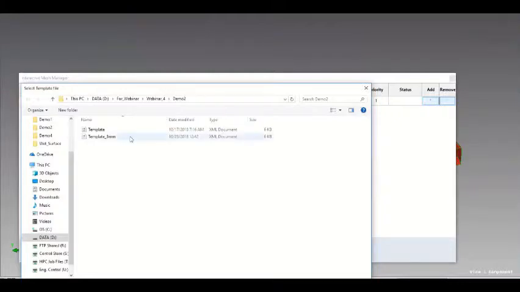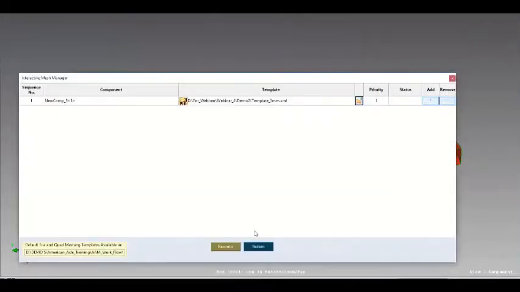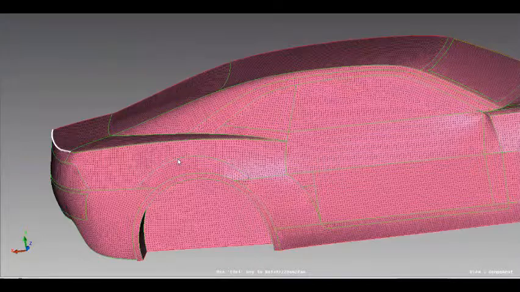Just before that, I want to execute this mesher. So I'm going to select a 3 mm mesh and just say execute. It's going to take a couple of minutes. In the interest of time, I'll move on to the next window so that I can show what exactly the meshing